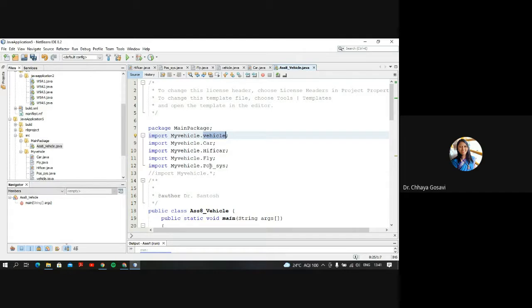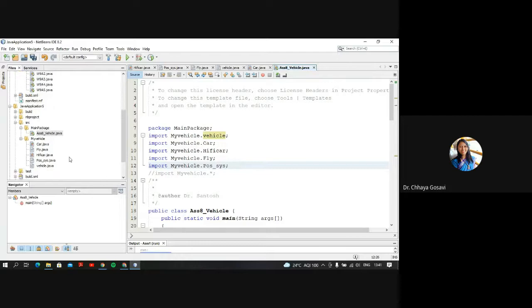A package can contain other packages too. A package can contain classes and interfaces. So here my vehicle package has three classes, two interfaces, and one abstract class. So you can have multiple classes saved in one package.